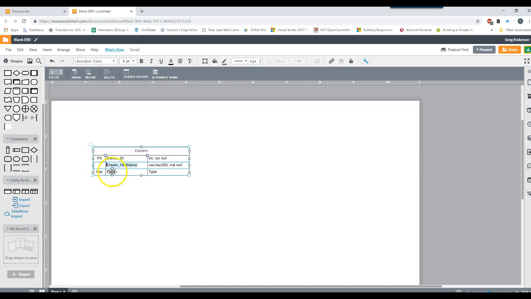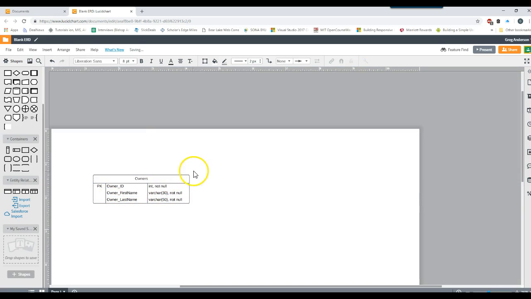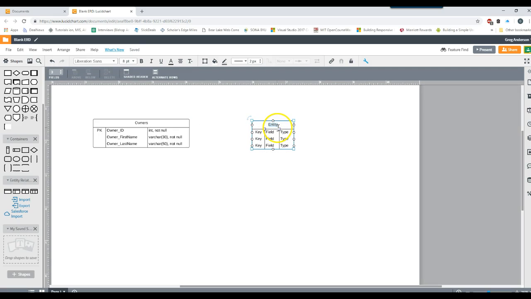And actually we need to make sure we spell that correctly. And then the last column will be owner underscore last name, and once again this will be a varchar, but we'll do 50 characters, not null, and it is not a key either. So that's our first table we have for owners. Let's drop another table on there, and we'll put this table right here, and this table will represent cars or automobiles. We'll actually call it the cars table,